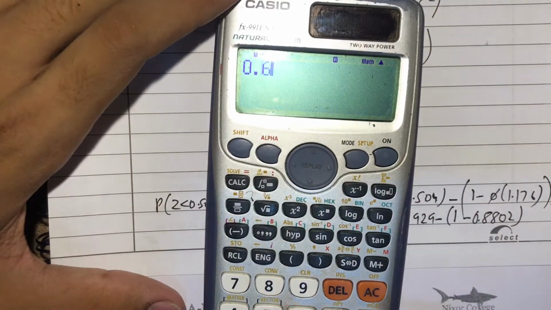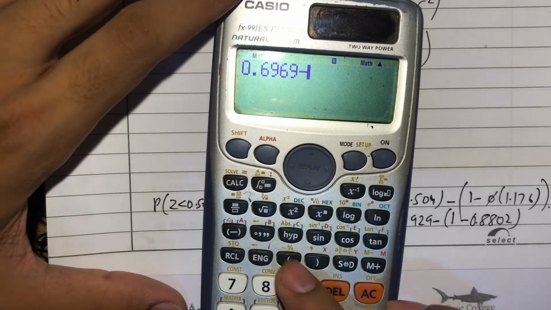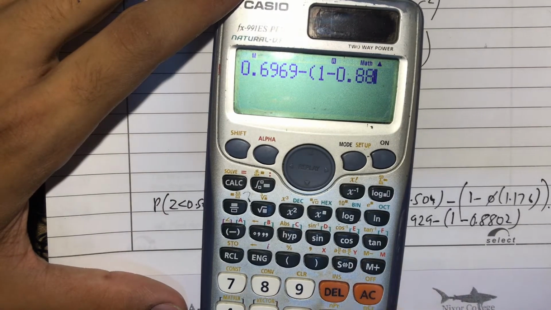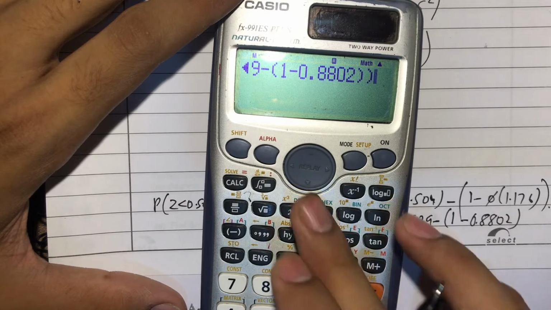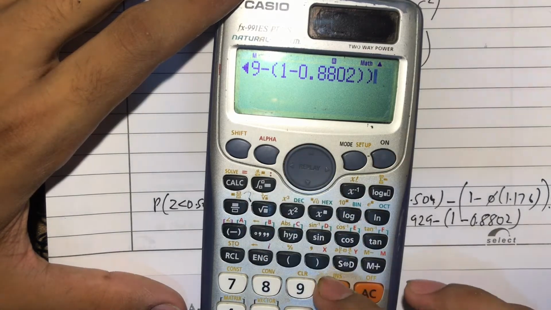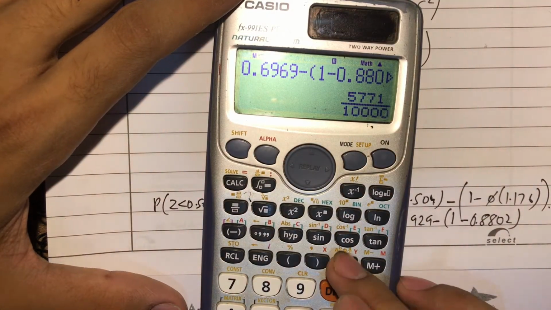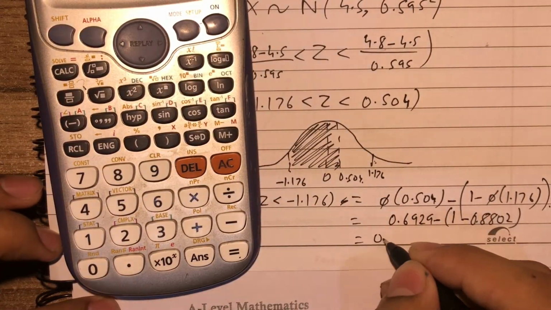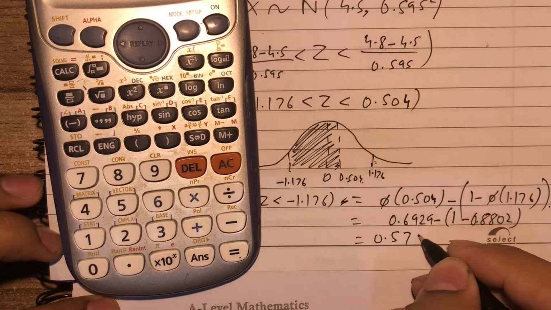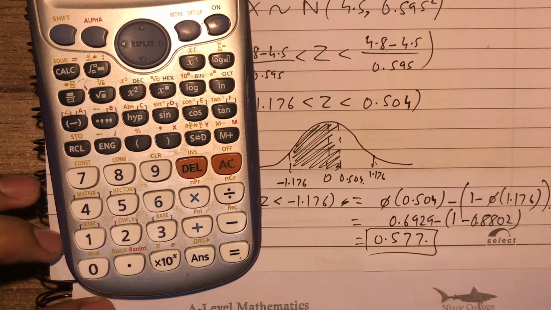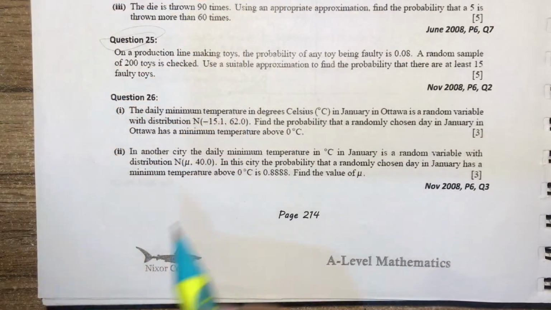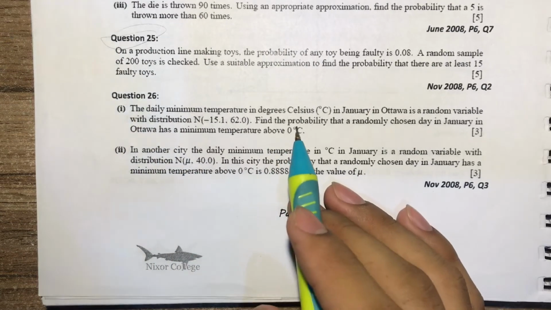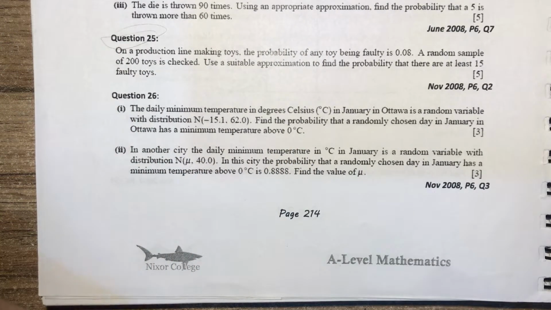So 0.6929 minus 1 minus 0.8802 equals 0.577. Now question 26. The daily minimum temperature in degrees Celsius in January in Ottawa is a random variable